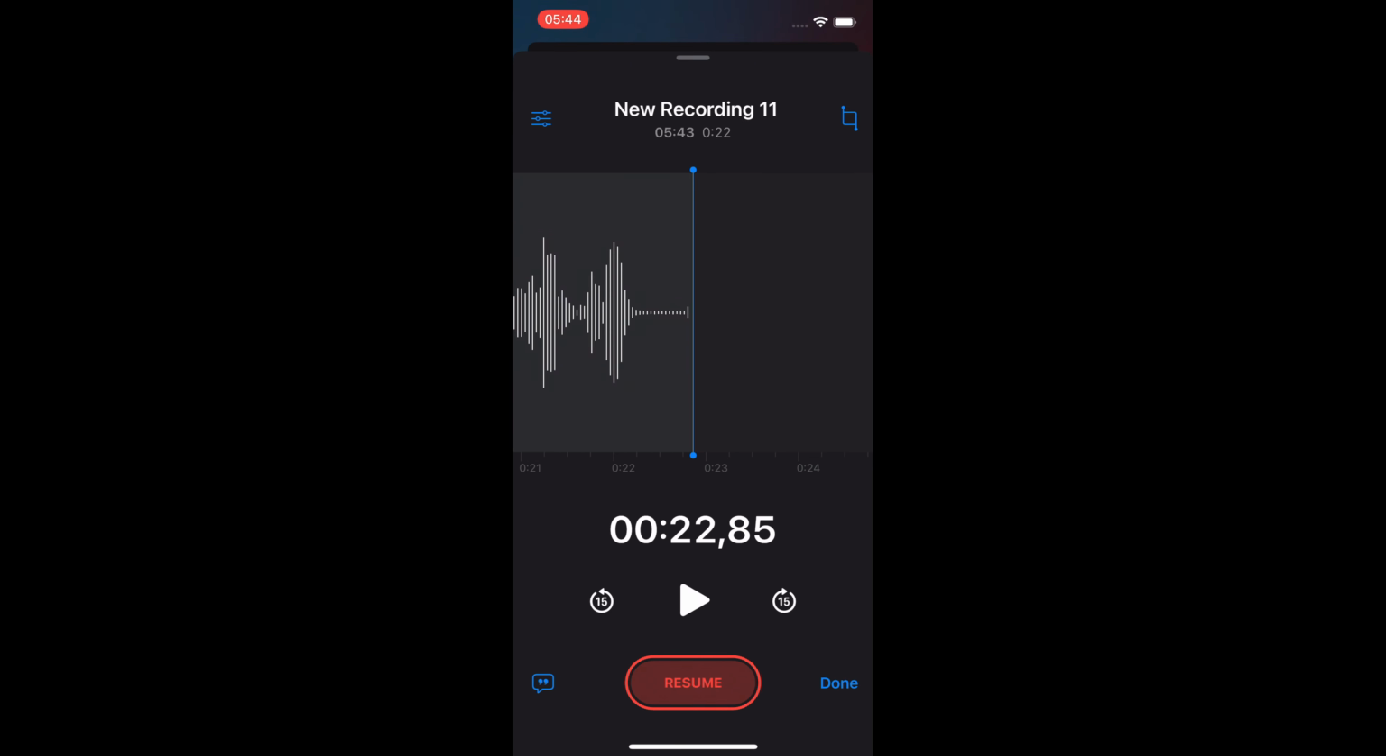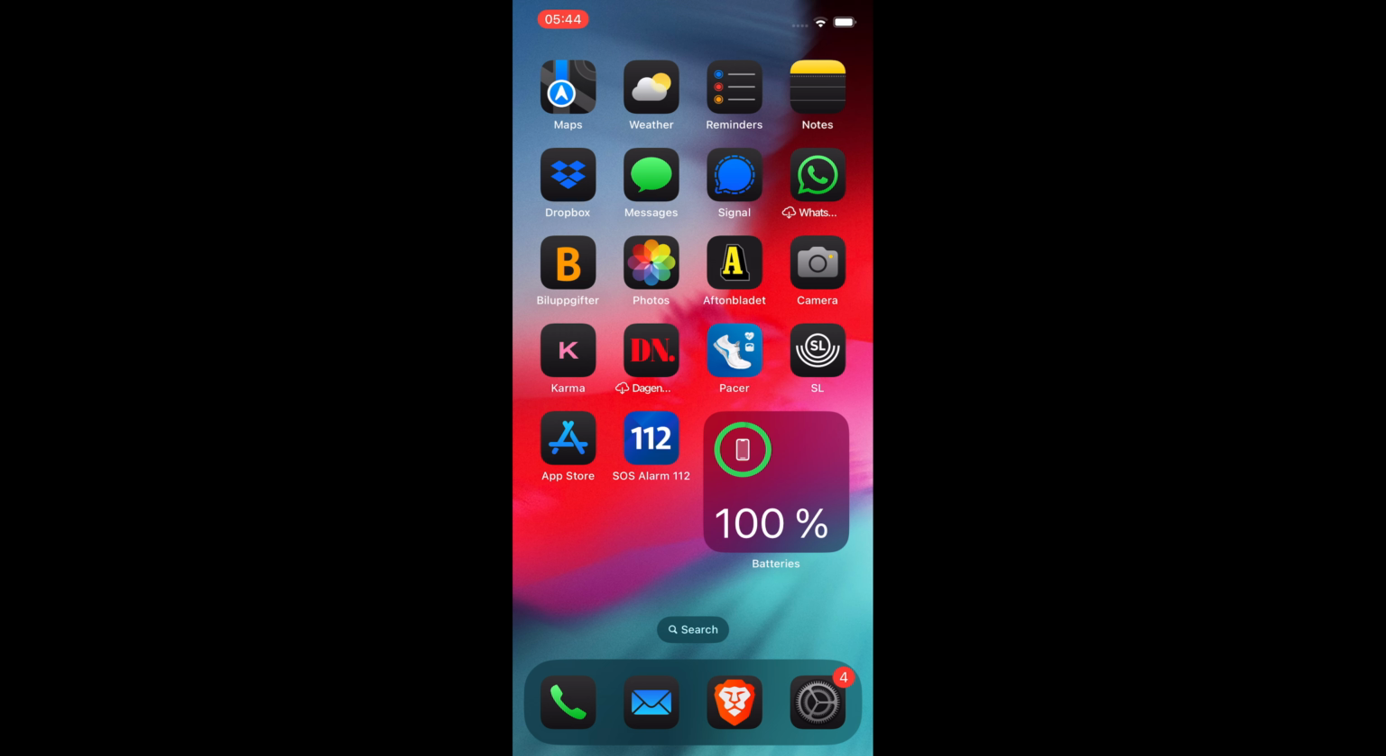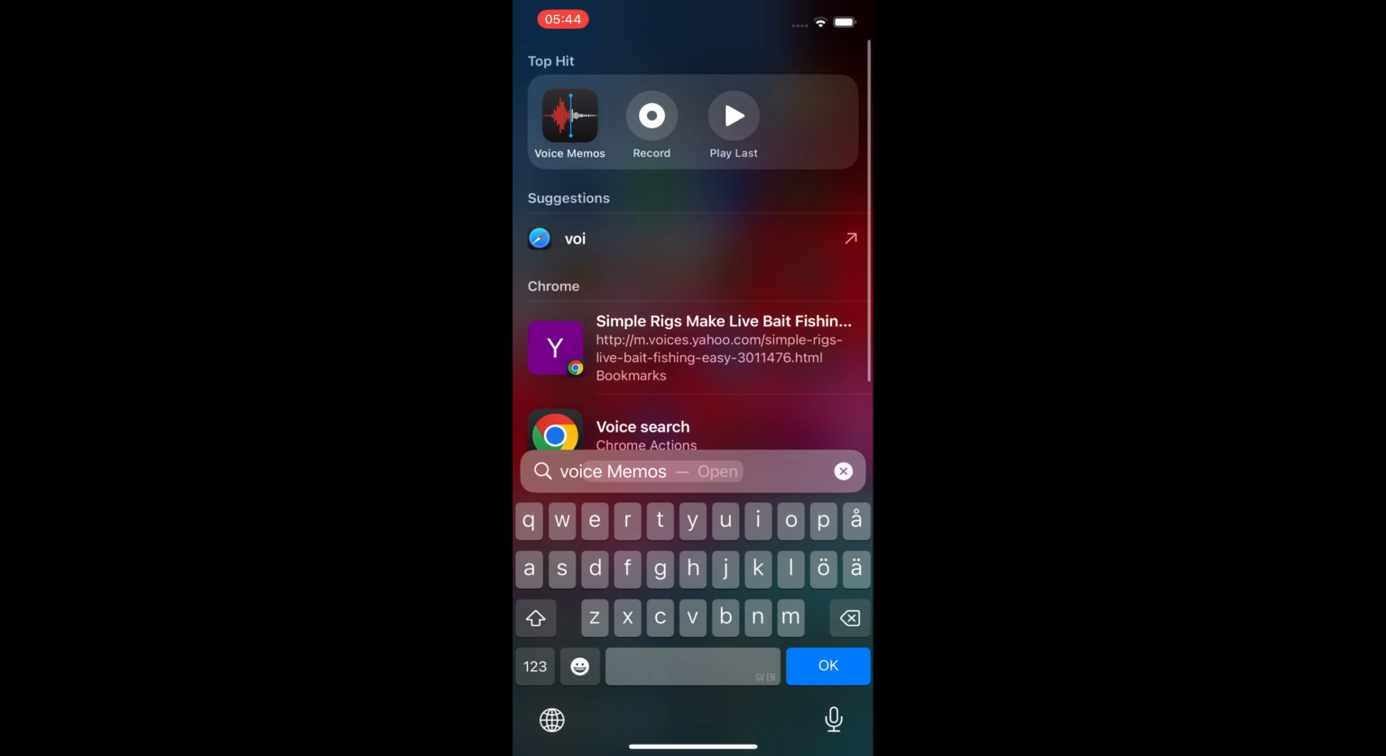So once we're done, we can give it a name and everything. But the most important thing is this little speech icon down the bottom left here. If we press on that, you can see that it turns our recording into text. So if we then select all that text and copy it, and then we come out of the app and we search for ChatGPT,